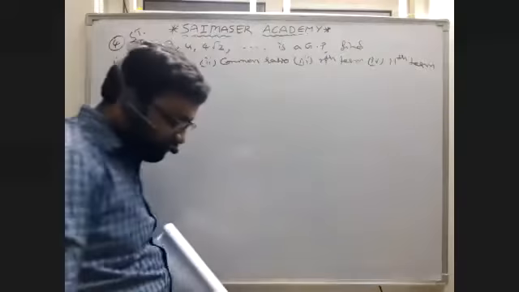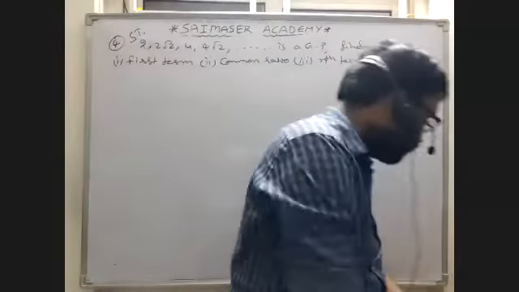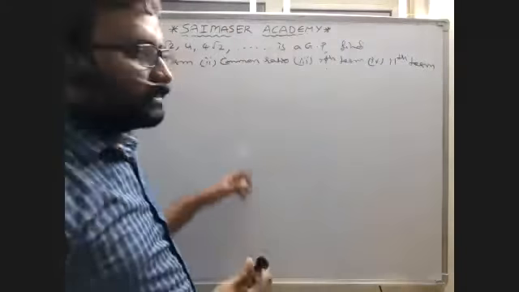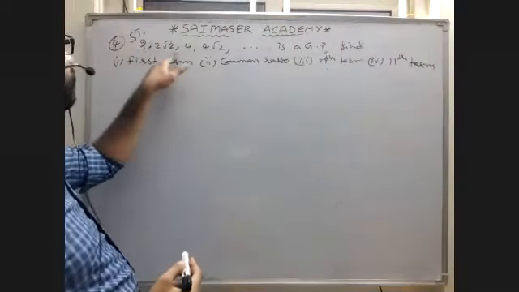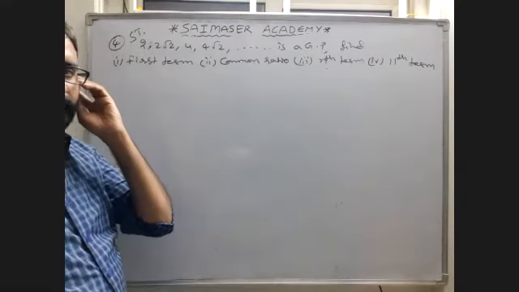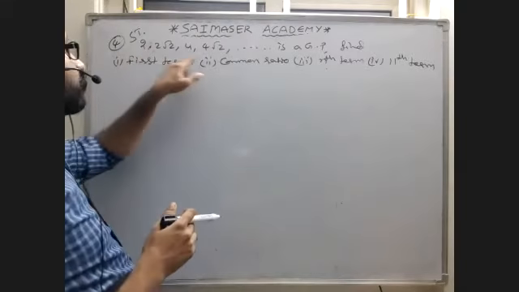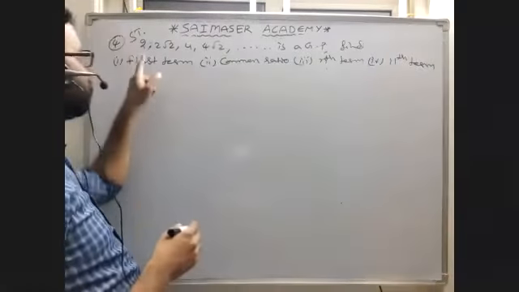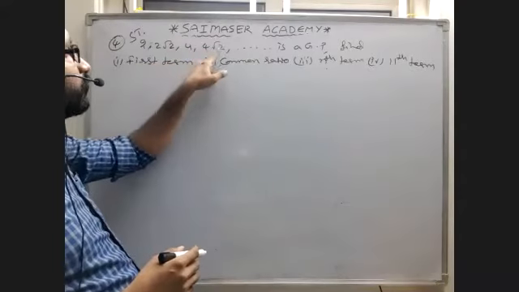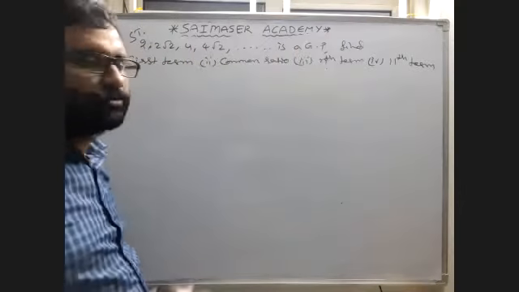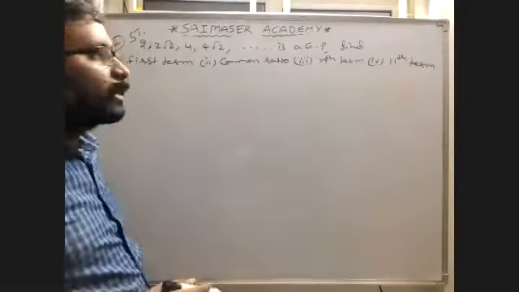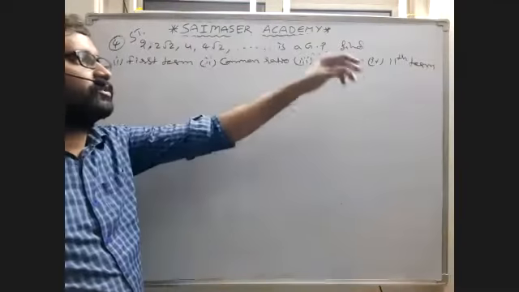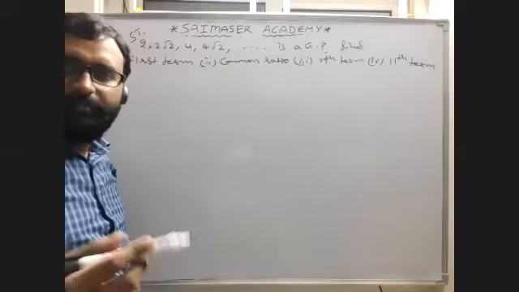Yes, listen, question, solution. Here the question is what? The series is in terms of irrationals, with the square root: 2, 2 root 2, 4, 4 root 2, and so on is a GP. We have to show this is a GP, and also find first term, common ratio, nth term, 11th term. So it is very easy to prove.